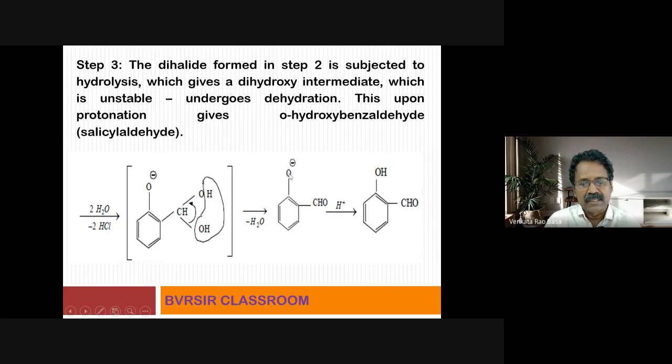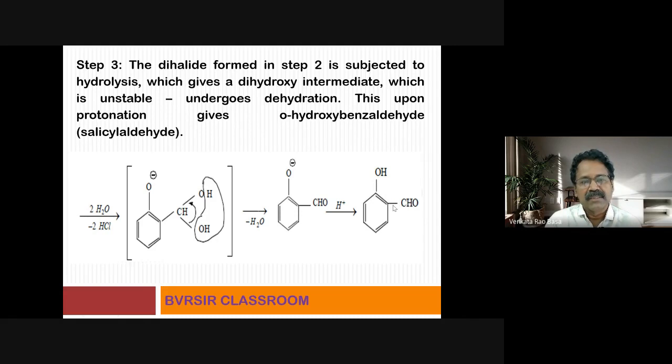Now there is a negatively charged oxygen atom. This has to be satisfied with a positively charged species. For this purpose, we are bringing about addition of a proton to this reaction mechanism. Observe this one. The proton gets added to this. When this proton gets added, what happens finally? Our required product, orthohydroxybenzaldehyde, is obtained. So this is the reaction mechanism which is called the Reimer-Tiemann reaction.